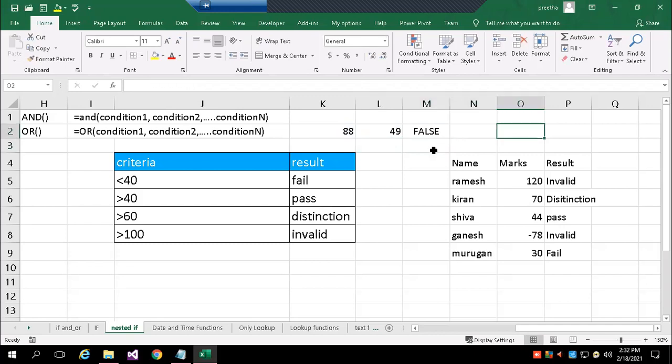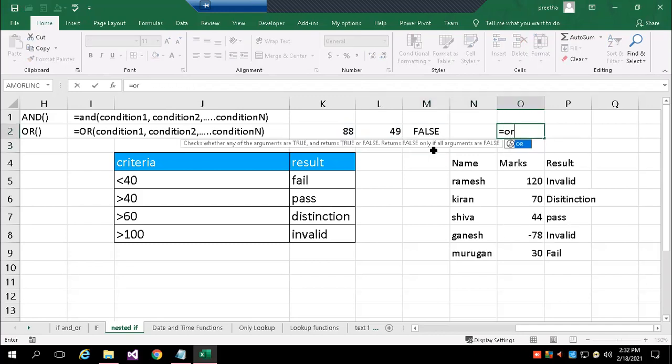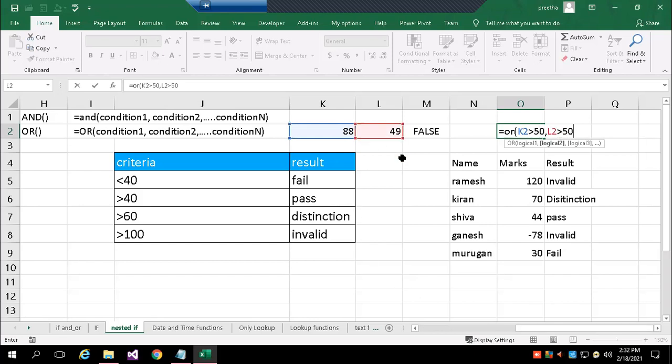Whereas if you take the OR function, I take the first condition greater than 50, then the second one greater than or equal to 50. The meaning is either the first cell is greater than 50 or the second cell is greater than 50. So if at least any one is satisfied, then I'll get true.